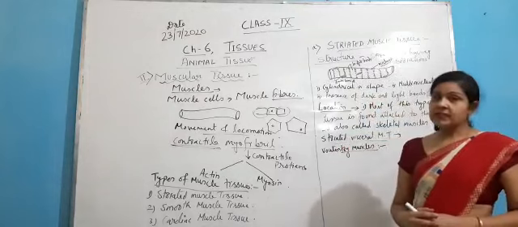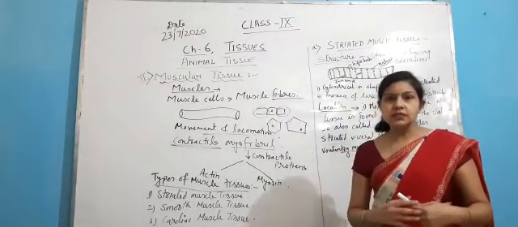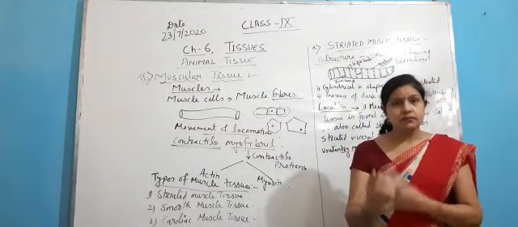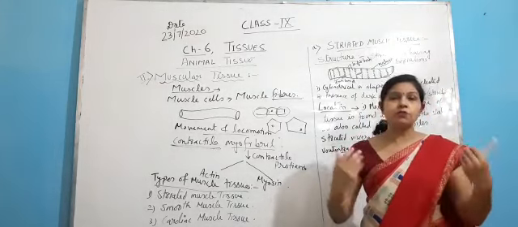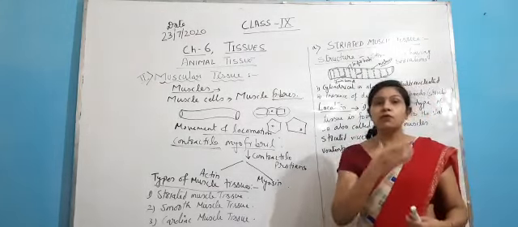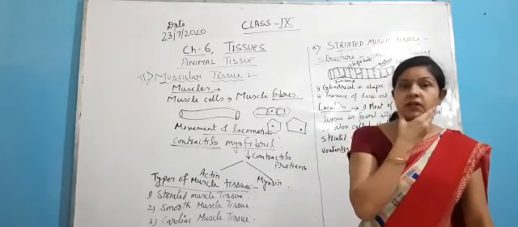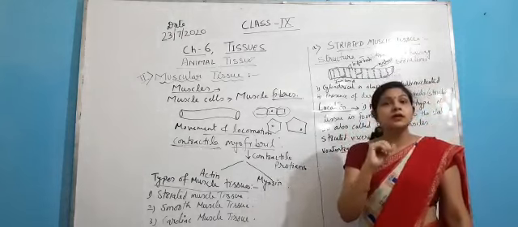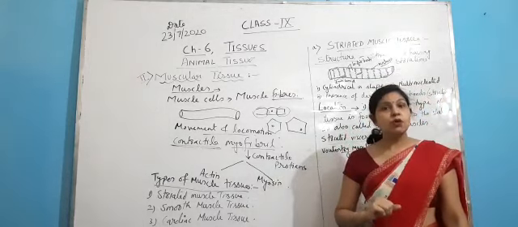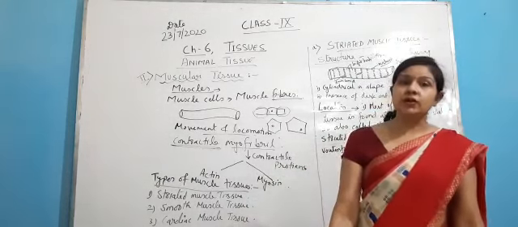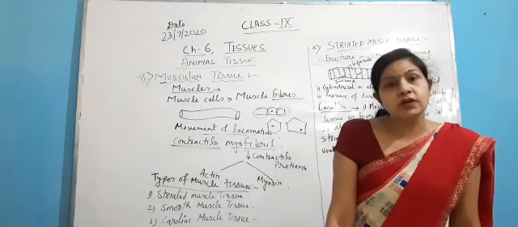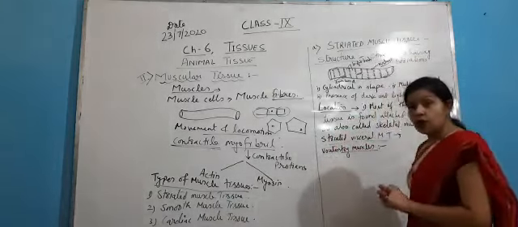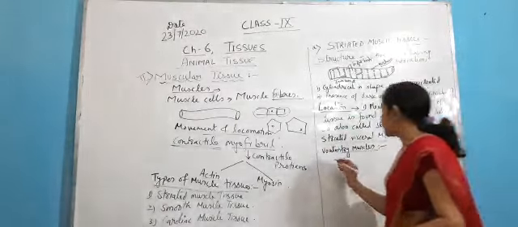Okay, so as I told you, now you know where these striated muscles are found. They are found in our limbs. Limbs means hands and legs. They are found in our body lining. They are found in the jaws. Our tongue is also made up of striated muscle tissue, and some of the internal organs also consist of these muscles. Now the very important thing we are going to discuss is their function.